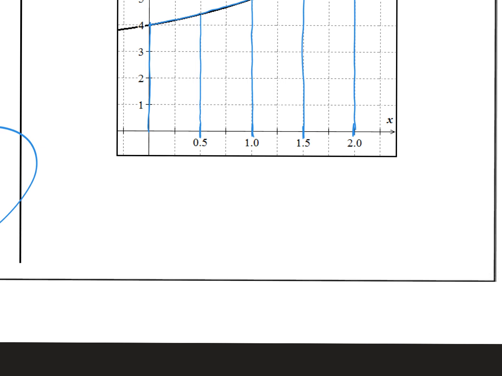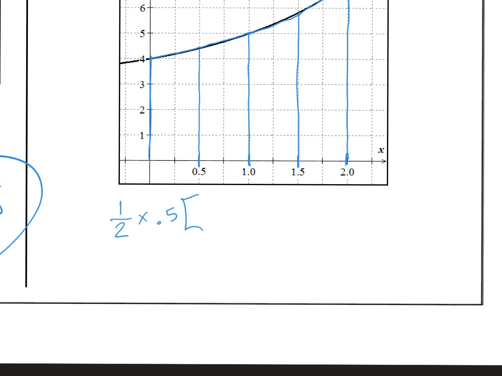0.5, right? So remember, for the trapezoid, we multiply everything by half because that's part of the trapezoid formula. And then times, we'll do 0.5 just so we remember where that one came from. Yes, and then let's see, I'm going to check them off. So 4 for this one, and there's just one of those. And then we have 2, and then we're plugging the 0.5 into our formula to get the exact